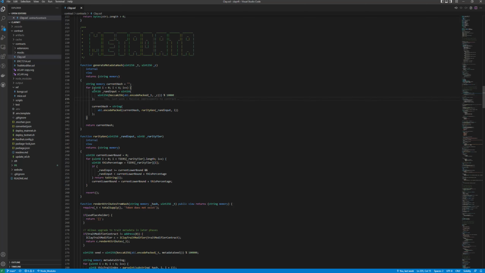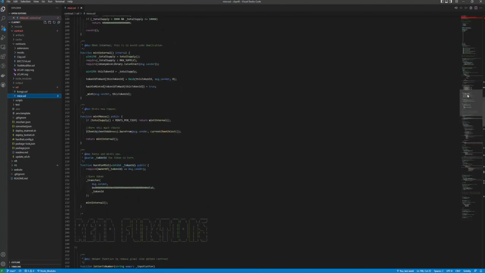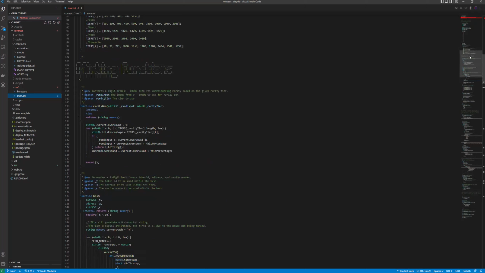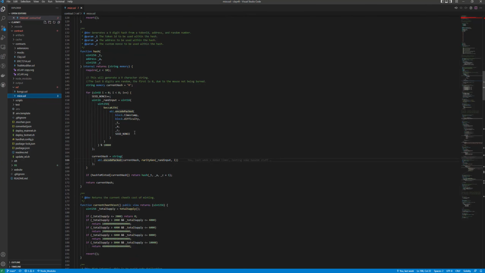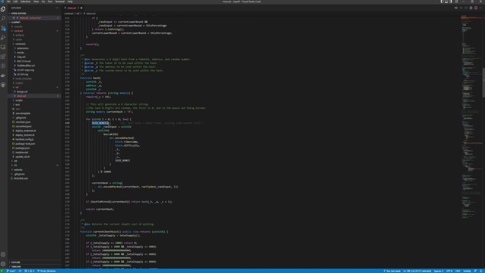Going into some more detail, if you go over to how Anonymize did it in rarity gen hash, right here, hash in Anonymize is a function that changes state. It's not a read-only function. What it does is it has a SeedNonce, which is in storage. It starts at 0, and every time you mint a mouse, it increments the SeedNonce. Actually, for every trait, it increments the SeedNonce inside this loop, and then it concatenates it so that